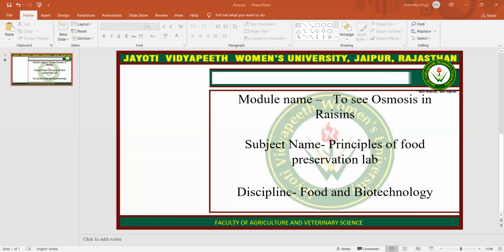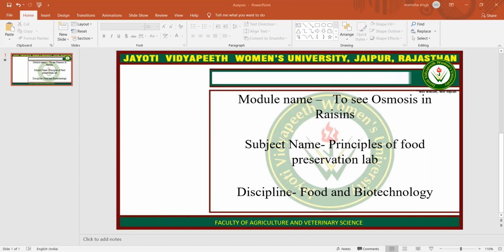Then hypotonic solution. When a cell, that is dry raisins, is dropped in water and the cell has a lower water concentration than the medium in which it is kept, the water molecules will flow into the cell and it will swell up and even can burst, as in the case of animal cells. Such a solution is called hypotonic solution, and this is endosmosis.